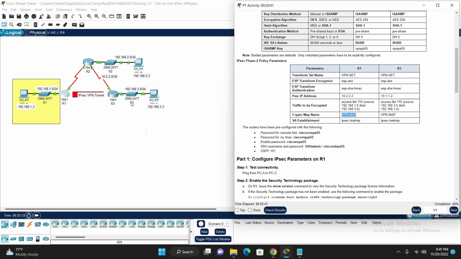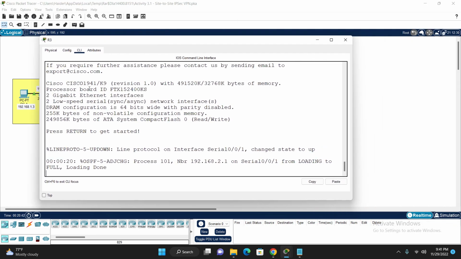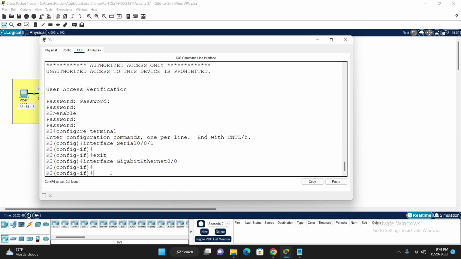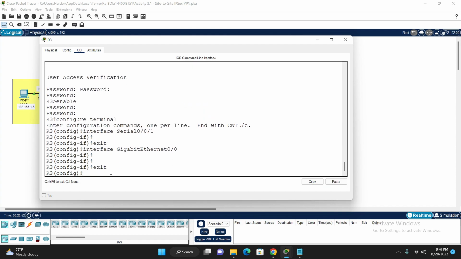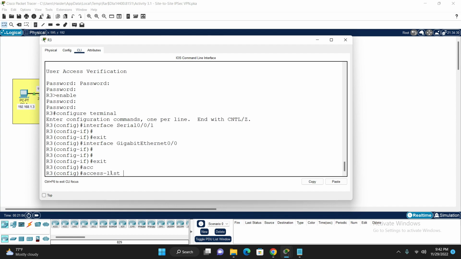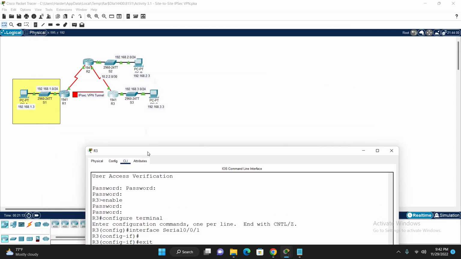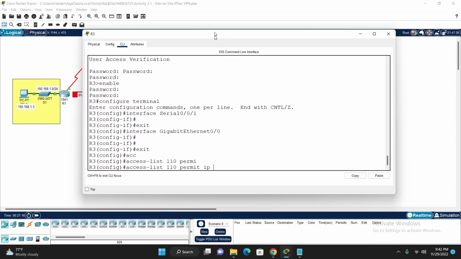Now we need to go to router 3. We need to do the same set of parameters here. Whatever algorithm we used on router 1, we will use the same algorithm on router 3. So let's start here. First we need to define the interesting traffic. Interesting traffic is our access list, same 110, and permit IP. This time our source network is 192.168.3.0